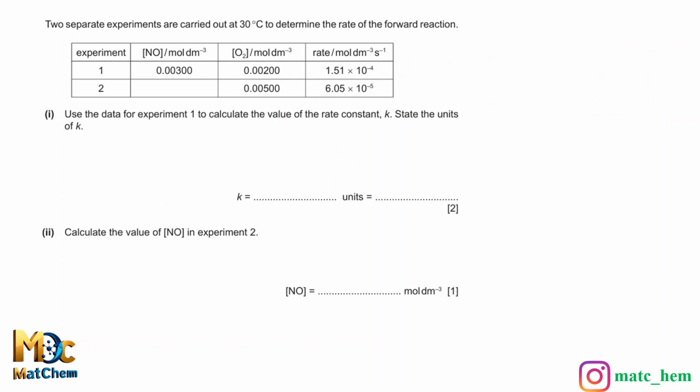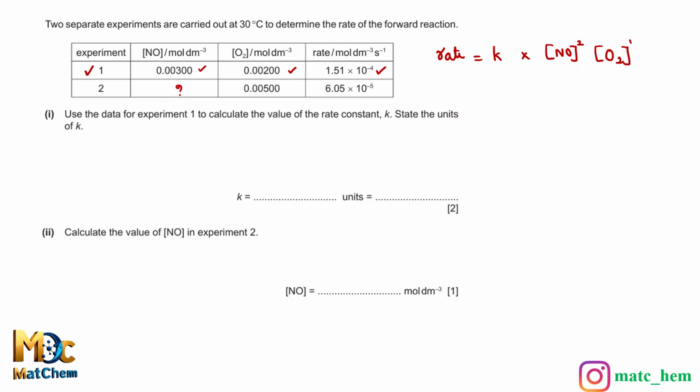Done? The second part of the question: two separate experiments are carried out at 30 degrees Celsius to determine the rate of the forward reaction. What is our reaction? The rate is equal to the rate constant into concentration of NO raised to the power of 2 into concentration of O2 raised to the power of 1. In the first experiment, they have given the concentration of NO, the concentration of O2, and the rate of the reaction. In the second one, they haven't given the concentration of NO. They have given the concentration of O2 and the overall rate. Now, we need to calculate